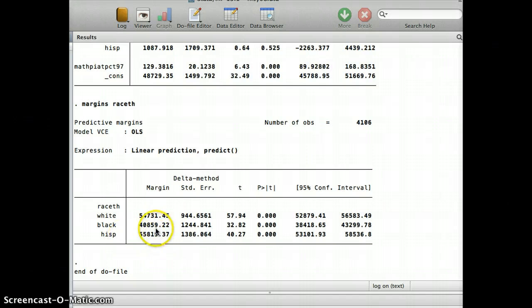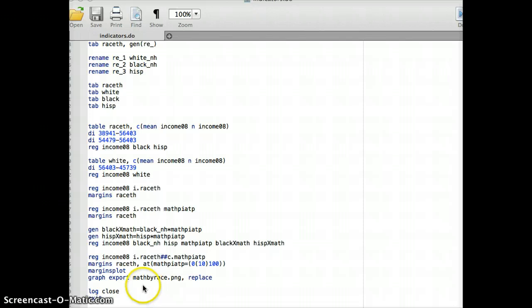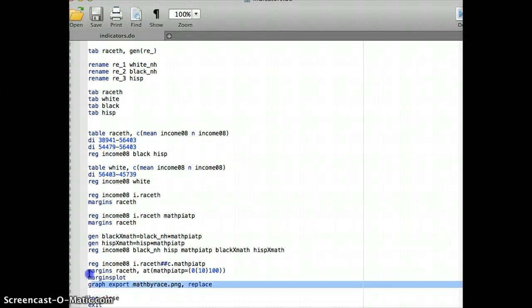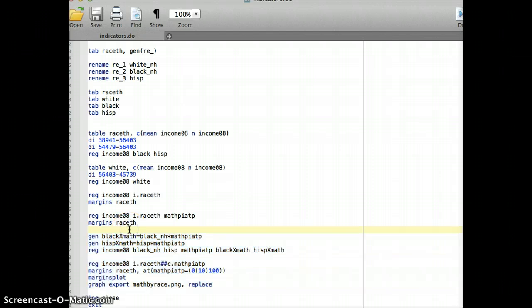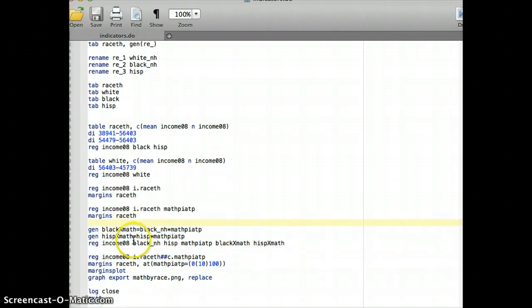So notice the black predicted mean comes up substantially. If you compare whites and blacks with the same test score, there's still a gap, but the gap isn't as large. The remaining parts of the code here are two different ways to estimate an interaction, a binary